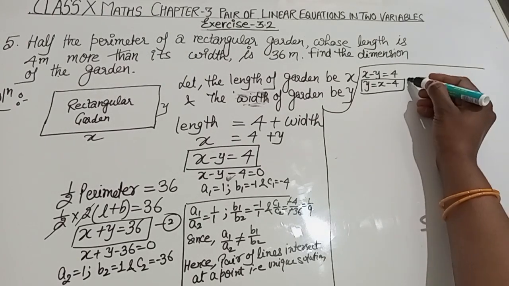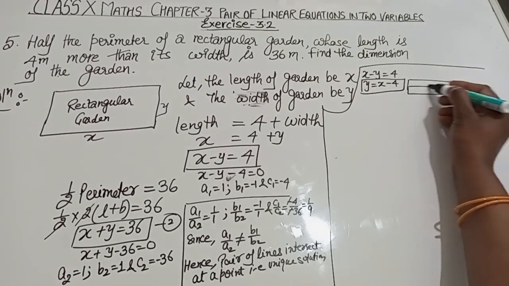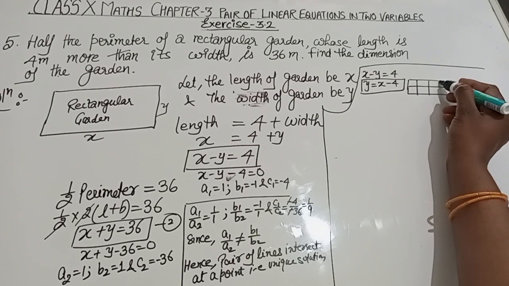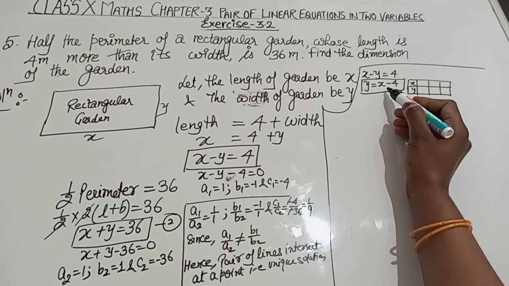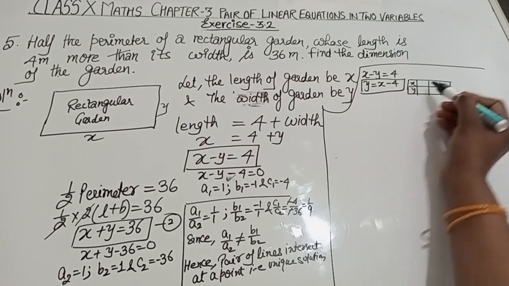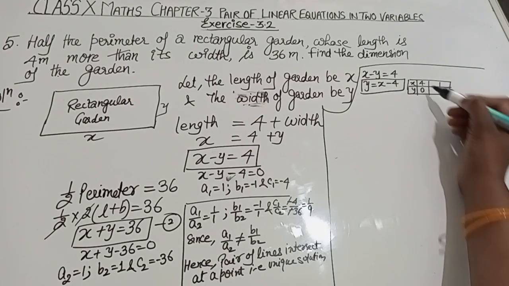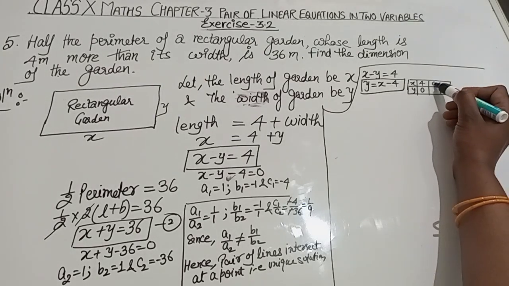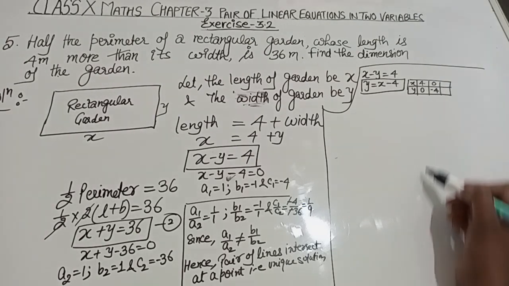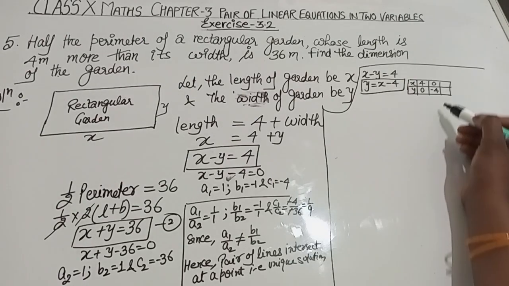So the solutions of this one are x and y. When we put the value of x as 4, y is equal to 0, since 4 minus 4 is 0. When you put 0, what we get is minus 4. Okay, when we put 5,